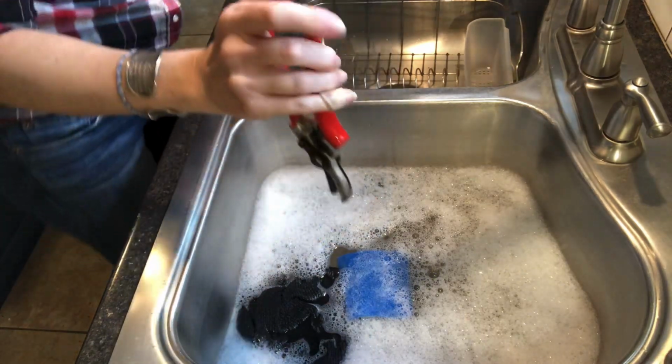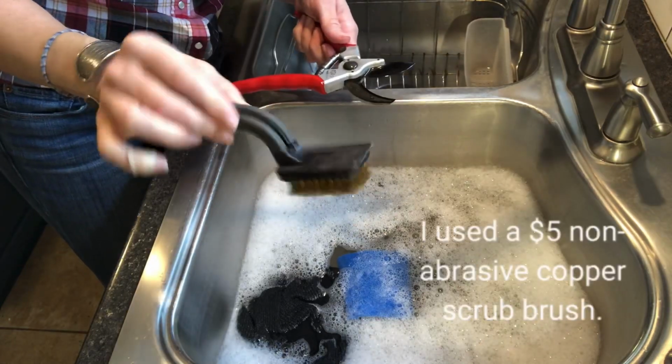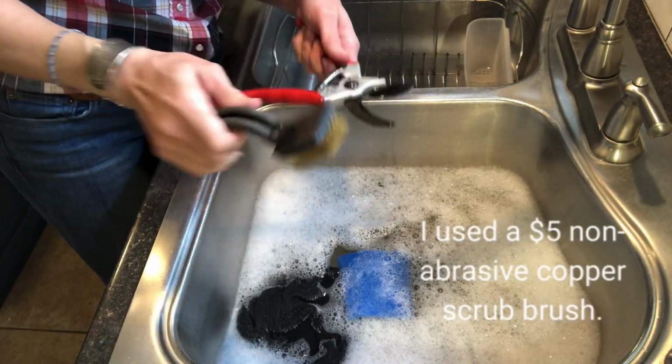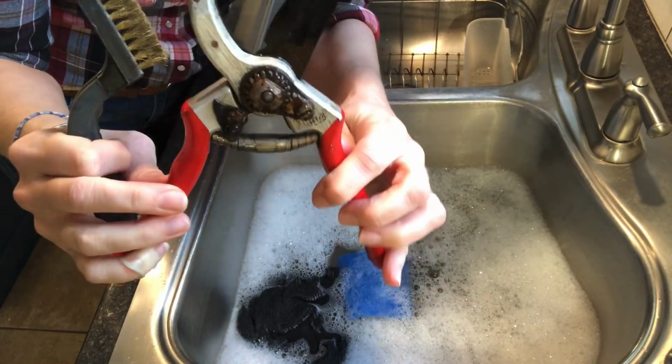So I'm going to wash them in some soapy water. I've also got a scrub brush for this to get off everything that's in the mechanism and all that. I mean, it's pretty gross, but